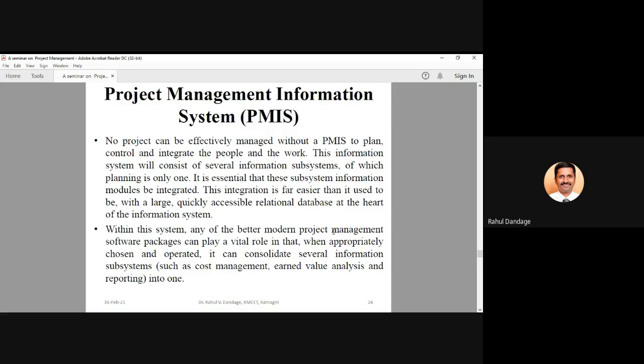Then purchase department will invite the quotations. They will send it for approval to maybe the finance department. The finance department will go through that, check about the pricing. Then they will again send the message back that this particular vendor can be selected. Then they will place the order, then material will be received, then it will go to quality control, then they will check the quality of that, then they accept it, then it will be going to the store. So there is a lot of information transfer going on.